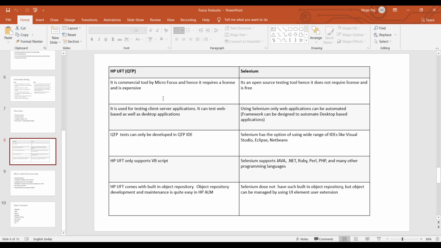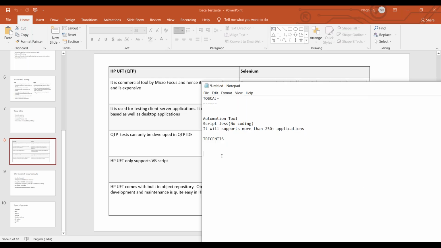But coming to Tosca, it is a licensed product and it is more expensive than UFT.